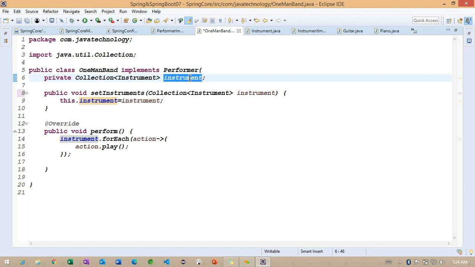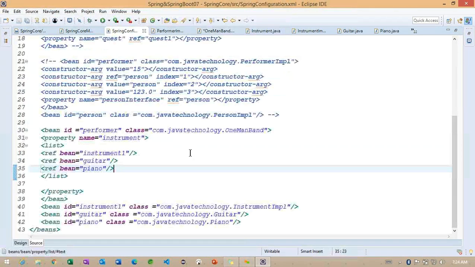Getting the point. So we are going to get an error here. Basically, we are not going to work with this particular setInstrument method. So definitely we are going to call it instruments. Right. Now we need to change here. This particular variable also instruments here. To work on this, again we need to change inside this particular property name.